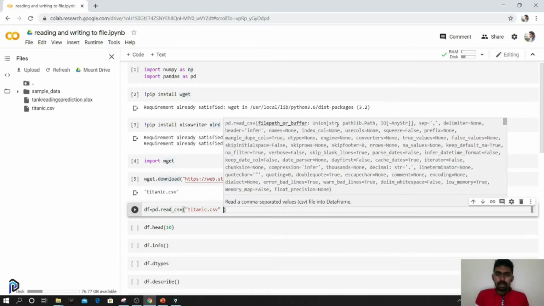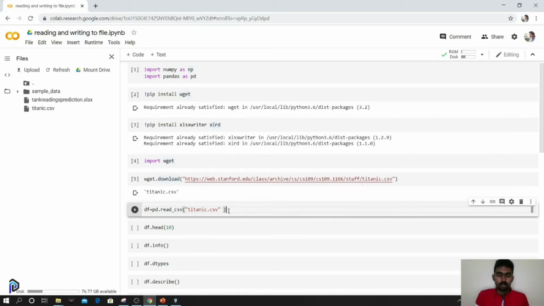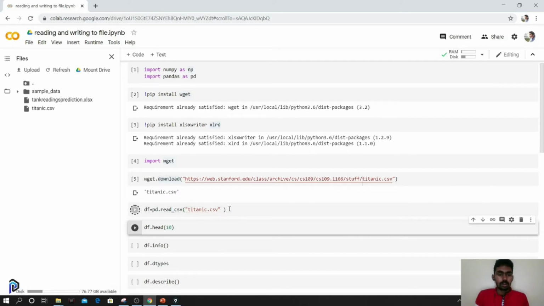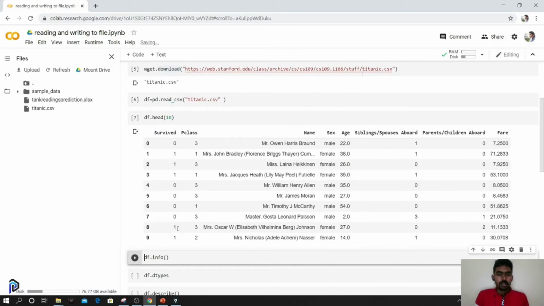There are various parameters that can be passed, like separator, index column and many other things. We'll first go with the default one without any parameters. That's the file path. You can also pass a URL; we'll look into it in the upcoming cells. So I'm running it. df.head helps you to display a part of the dataset. So the first 10 instances would be printed, and if you give no argument, the first 5 would be printed. Okay, so you can see that we have around 7 to 8 rows.